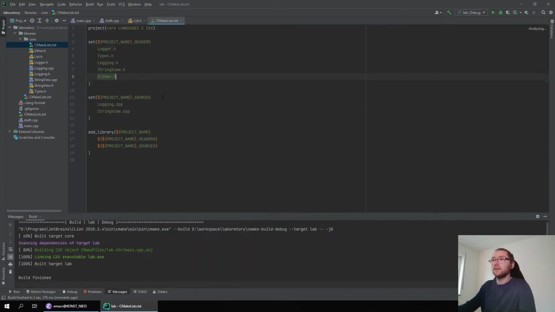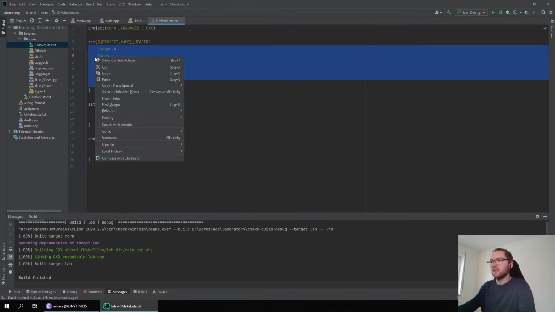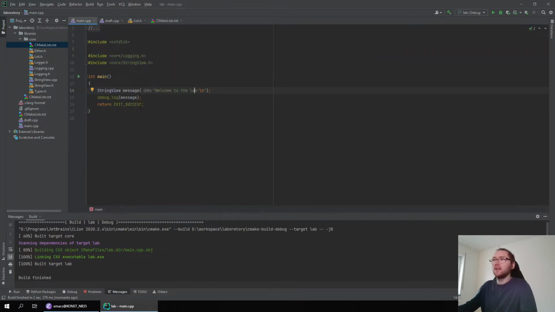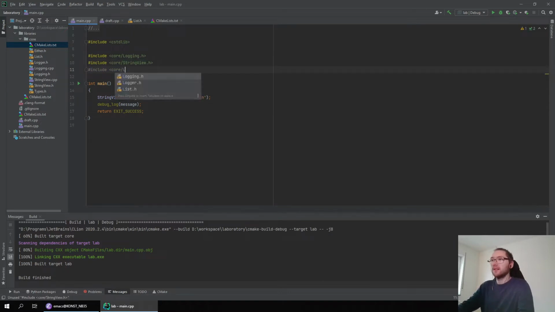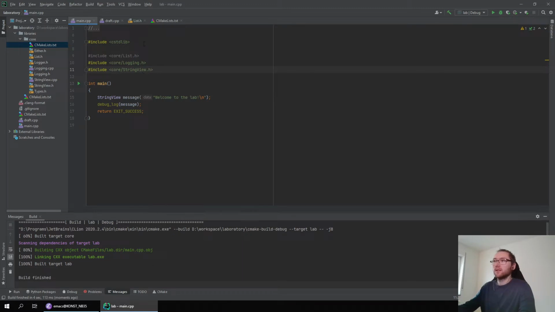Let's add it to our CMake. Or can I somehow sort those? I don't care. It's fine. So let's include our list type. Of course, we're not using it, but it finds the class. It is basically a good start. So